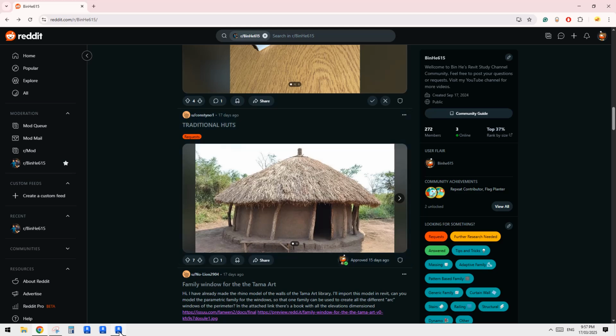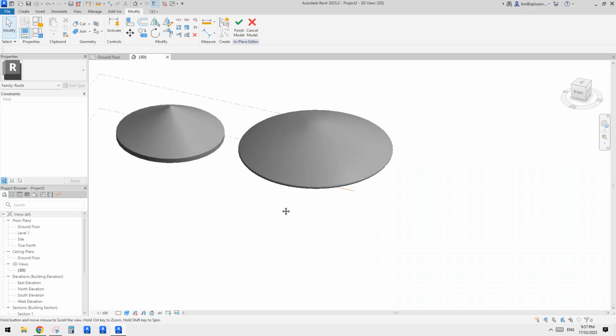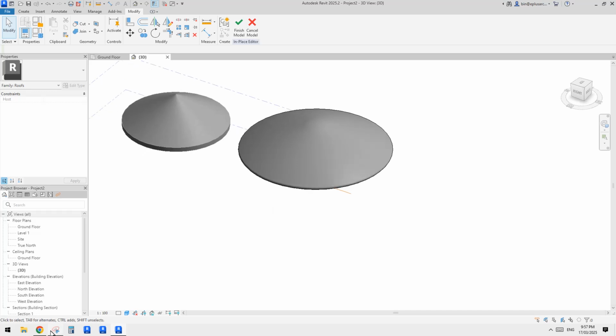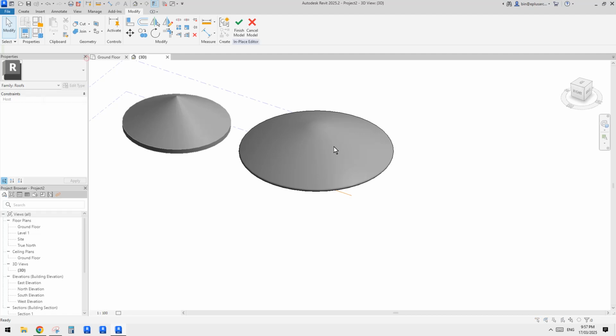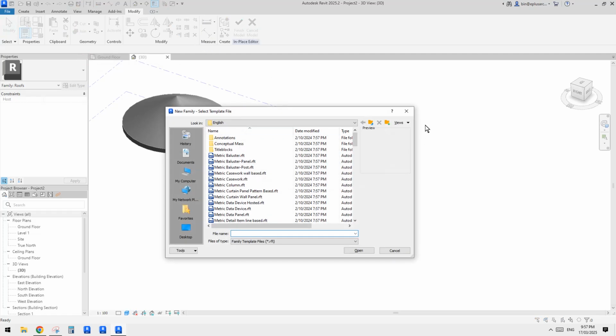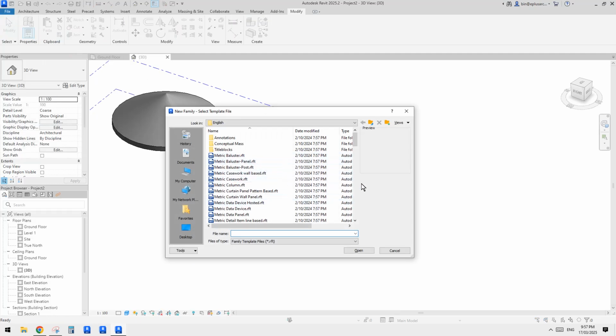So it's possible to create a family, just like we previously did with the bamboo adaptive family. It can be quite similar. Hang on, let me just finish this one first. Okay, so if we create a family like